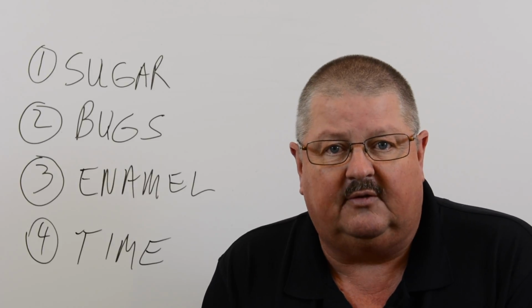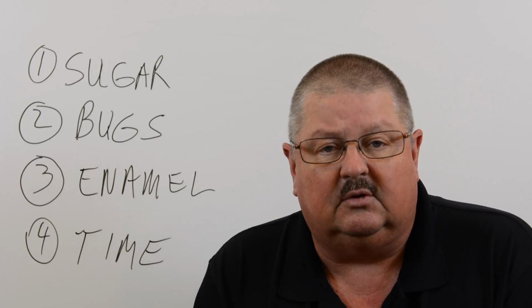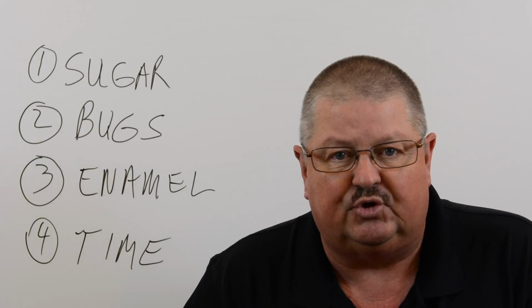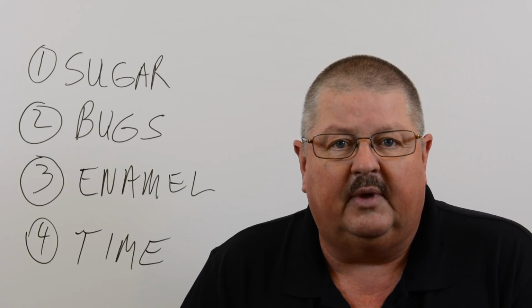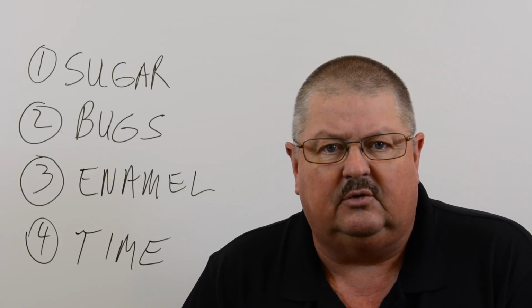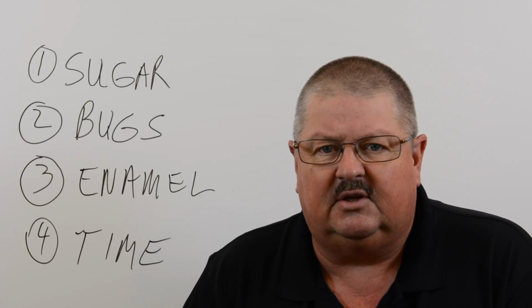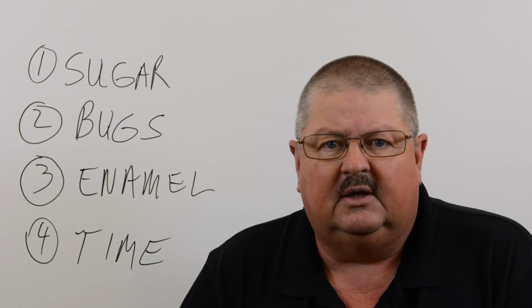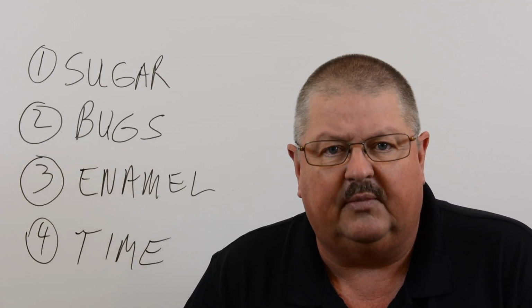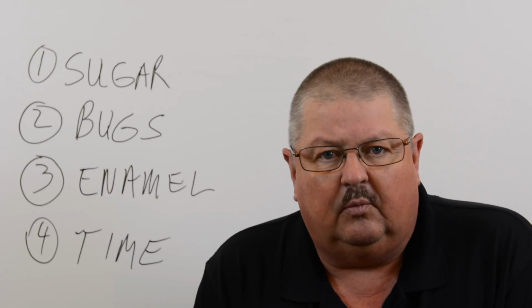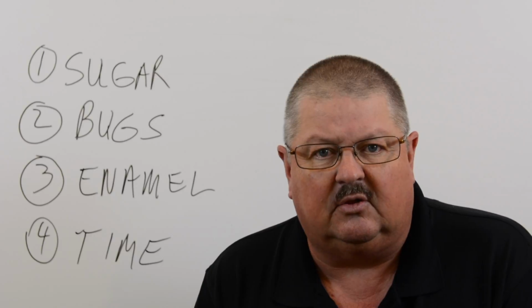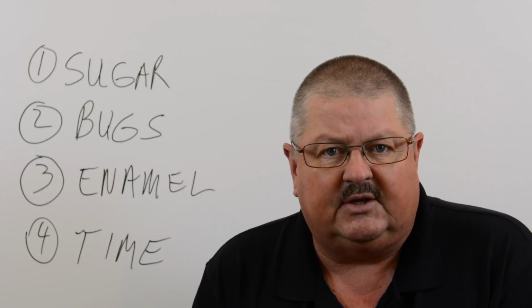So the second thing that is a very important part of the dental caries process is bugs, the bacteria that live in our mouth, and basically their food are those simple sugars. They metabolize them and form these mild acids, but they also form something else called a biofilm. The biofilm covers the tooth and the bacteria, and the reason they have that is really for their protection. As they develop a colony and become more organized, those biofilms give them some protection from things that might want to harm them. Inside that biofilm, the pH of the environment drops because of those acids. And since that biofilm is right next to the tooth, that starts to demineralize the tooth,